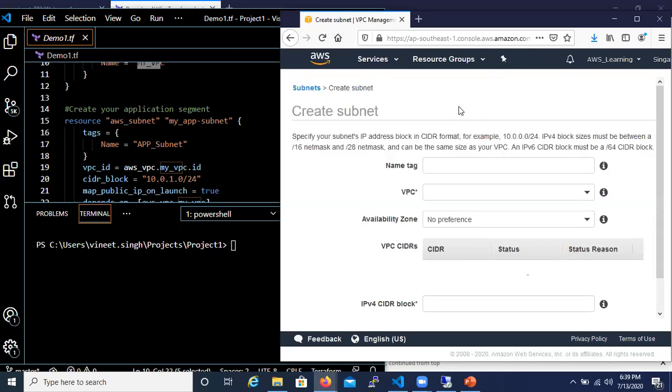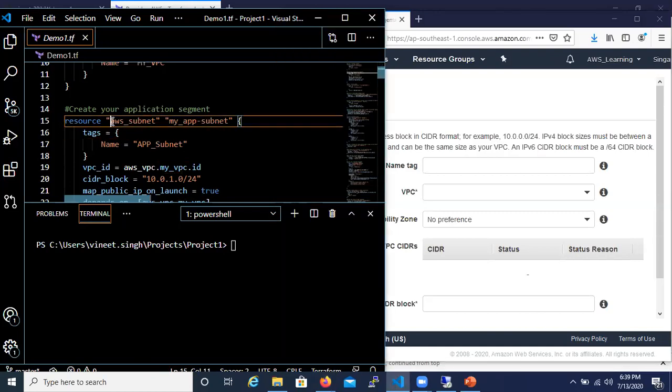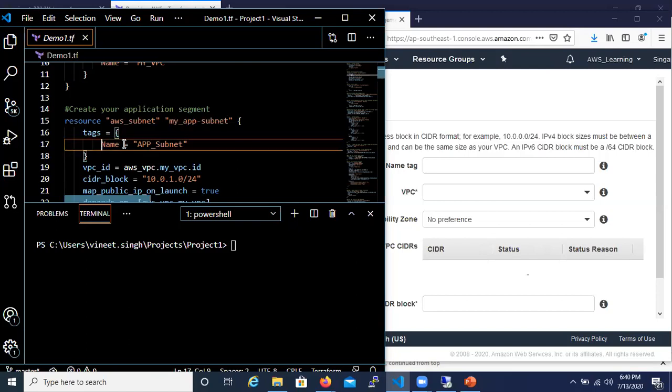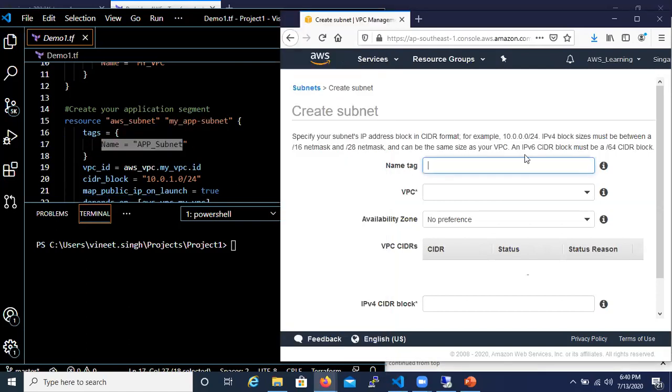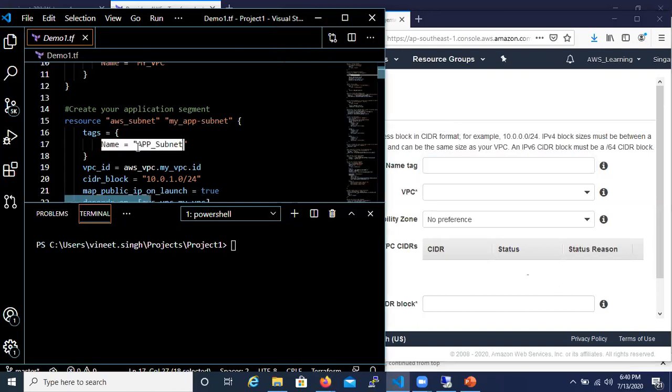You can click on create, and again a similar thing: resource aws_subnet. This is a name which I am giving from within Terraform itself, and this is the name which will be created in my AWS configuration. So app_subnet is my subnet which is going to be created in my AWS account.